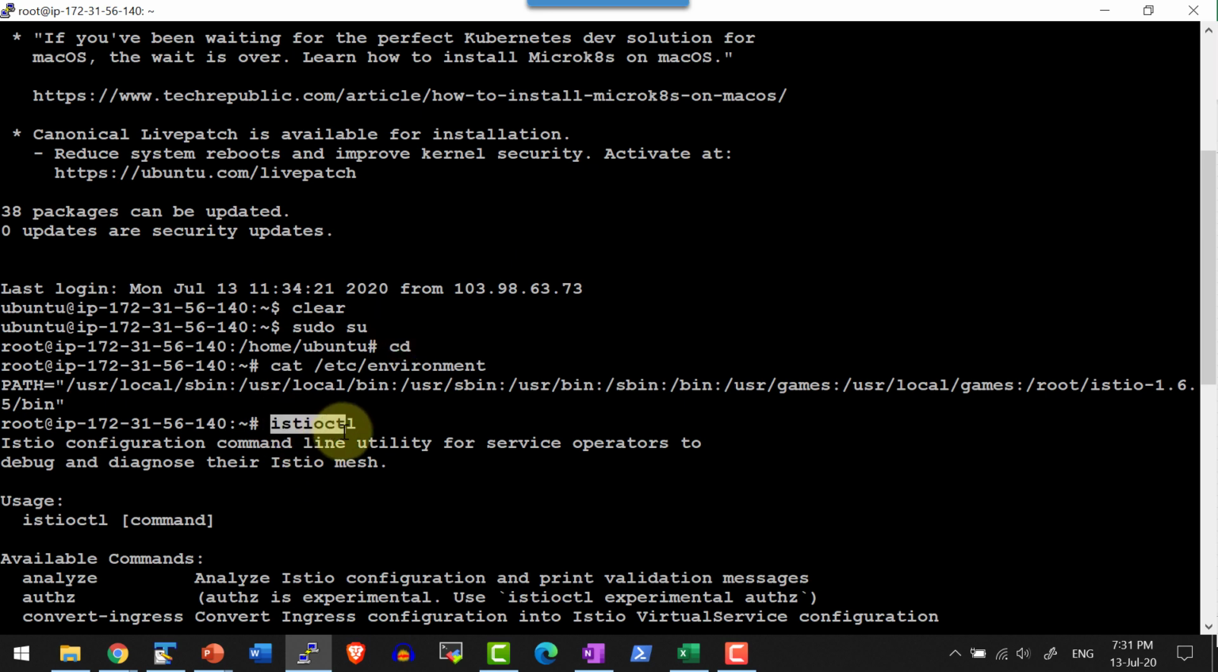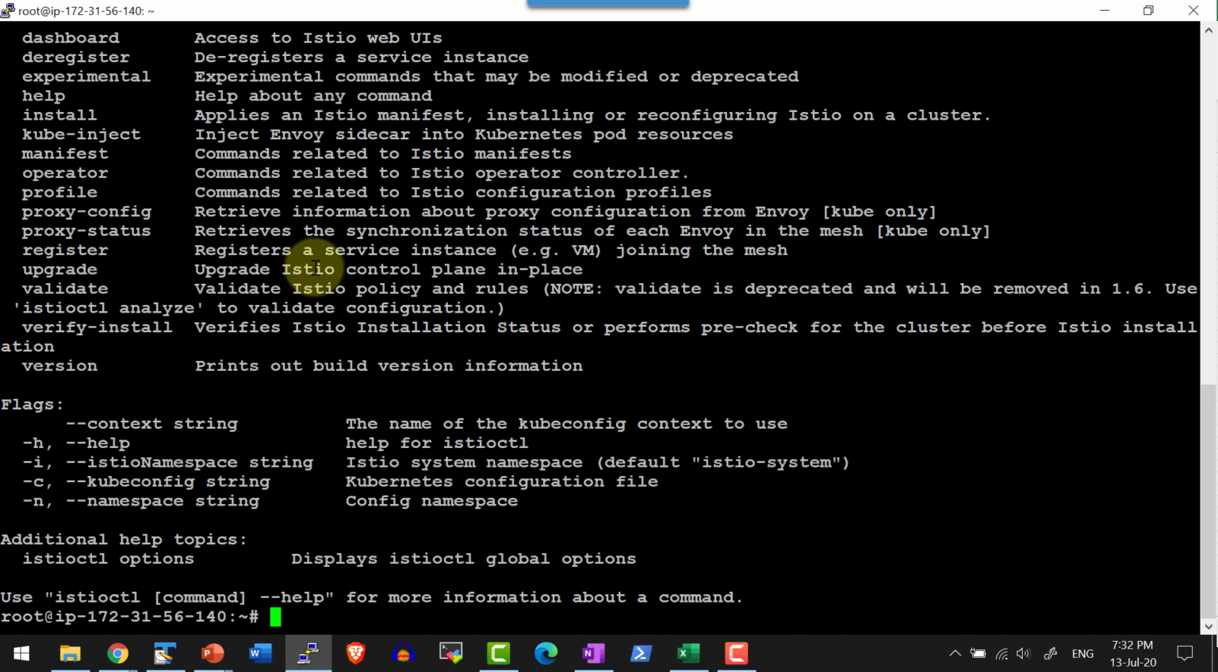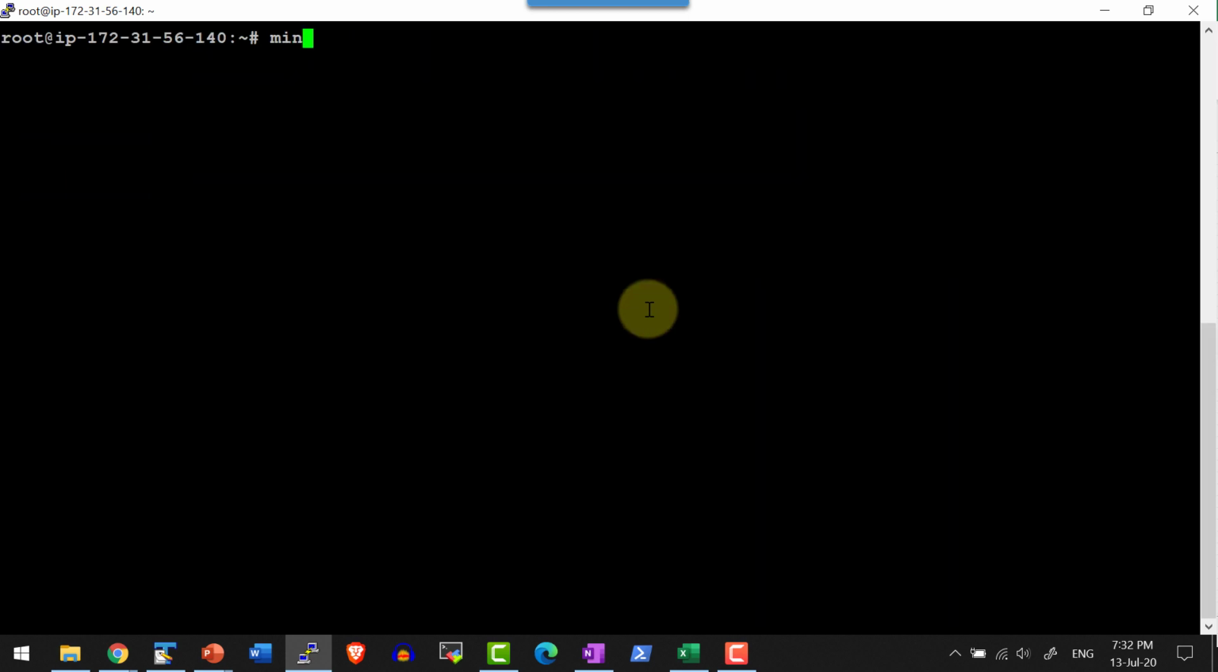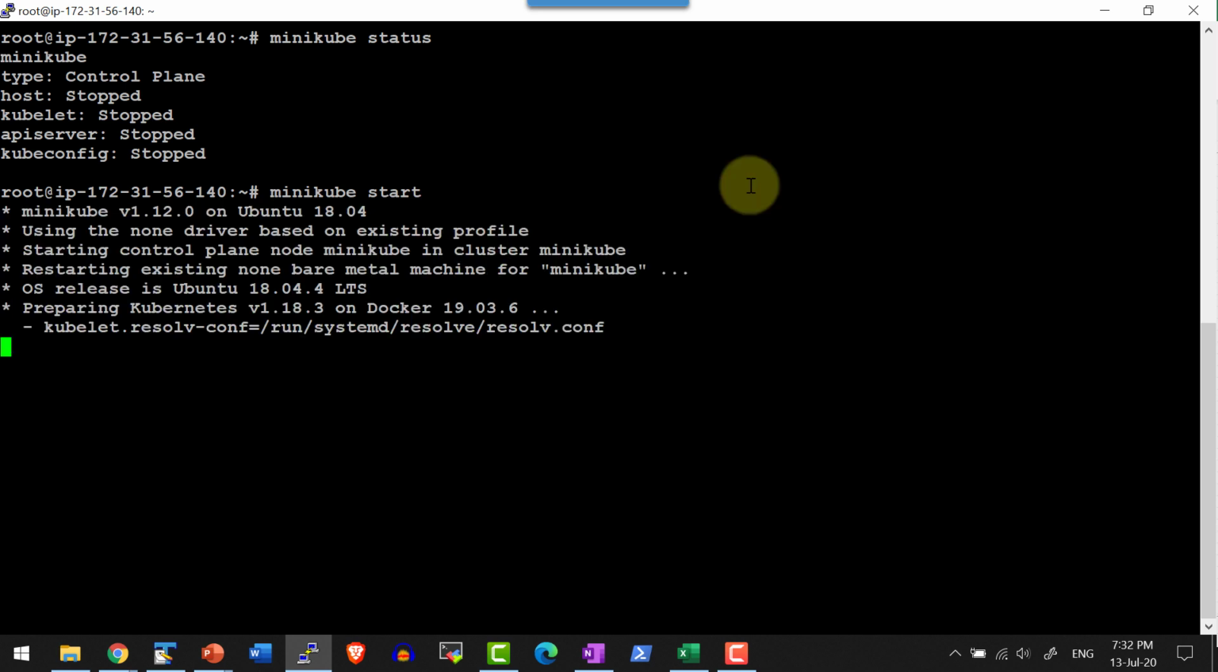Whenever I provide the command istioctl, it provides the notes on the usage. That means istioctl is recognized. I can check the status of Minikube. It is in the stopped state. I can go ahead and start it. minikube start. And any pod that is deployed, for example the sample applications, will still exist and